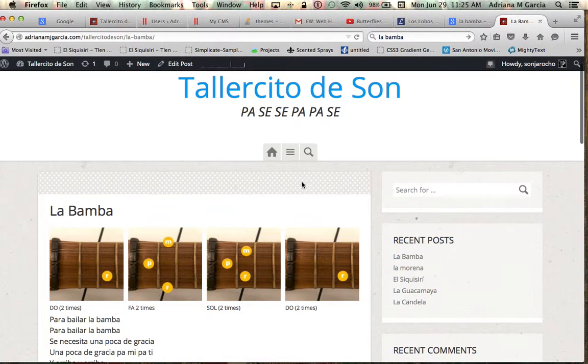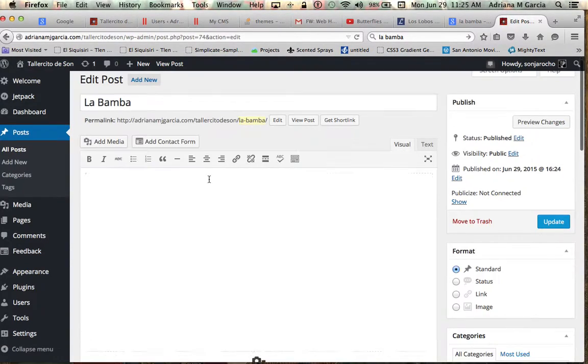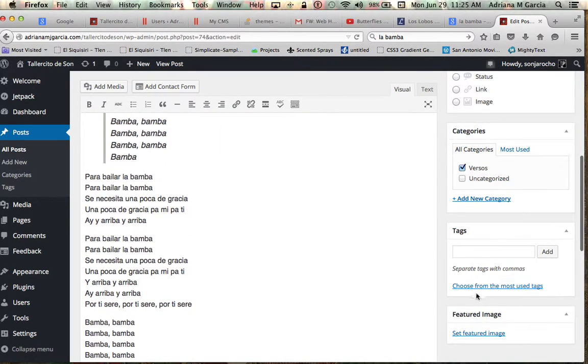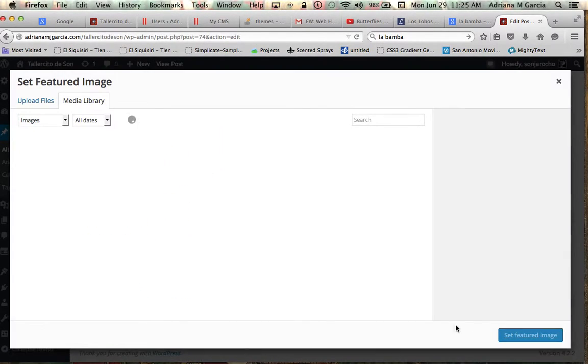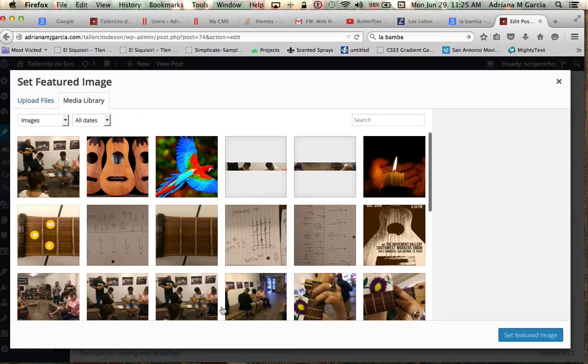That's what you call the featured image. So if I want to change something about it, I can go to Edit Post, and I'm going to set a featured image. So I'm going to go ahead and go to Set Featured Image. Now I want to add an image that I found on the internet or something that I have at home